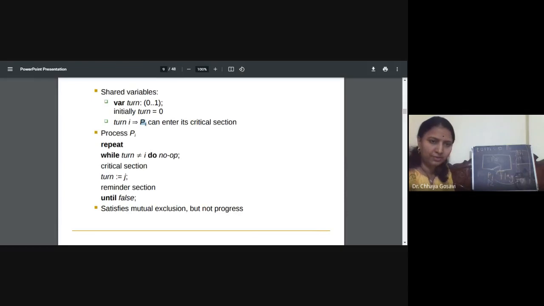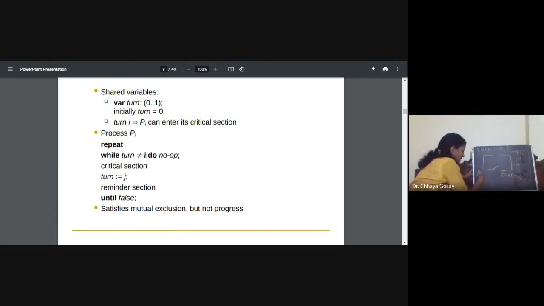Note that this part is common to all the processes: while turn is not equal to I. Suppose P0 and P1 arrived at the same time. Turn is equal to 0.